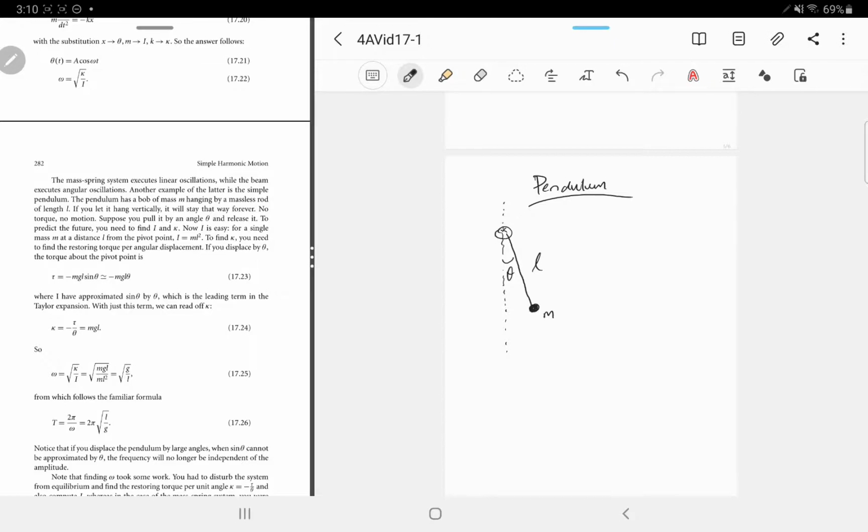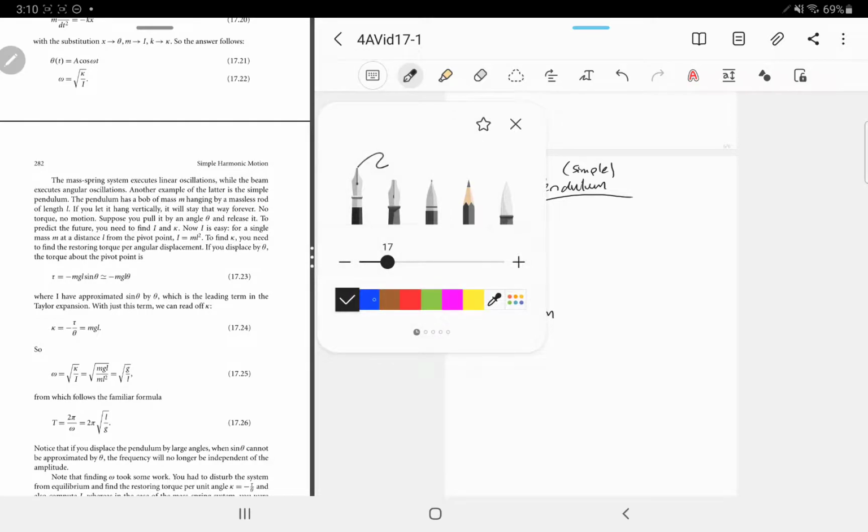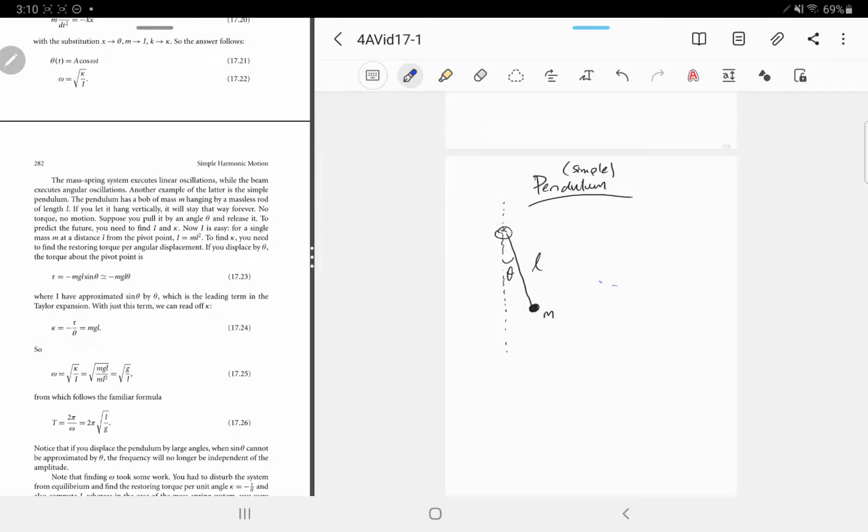Okay, so with this particular pendulum, this is called a simple pendulum. Now, the gravitational force is actually pointing down. So if we look at a free body diagram for this mass, there is a force down, mg, and then there's a tension this way. The tension,